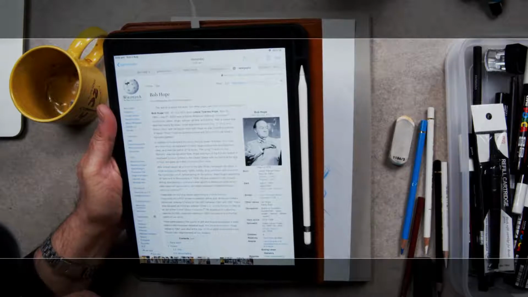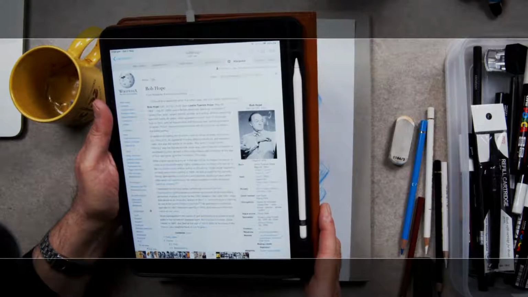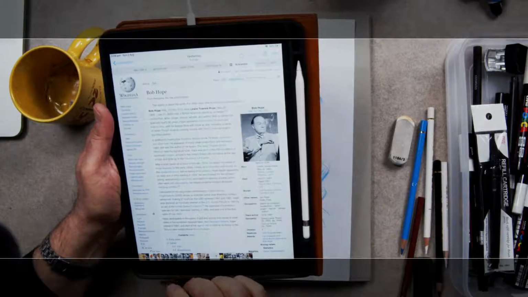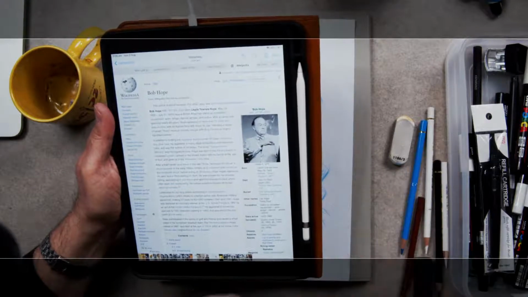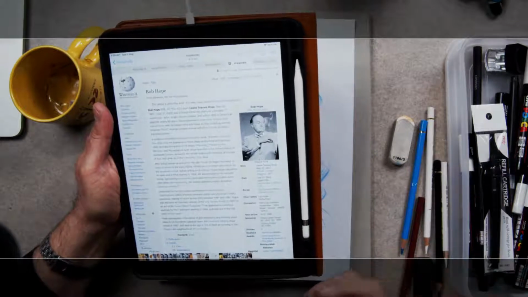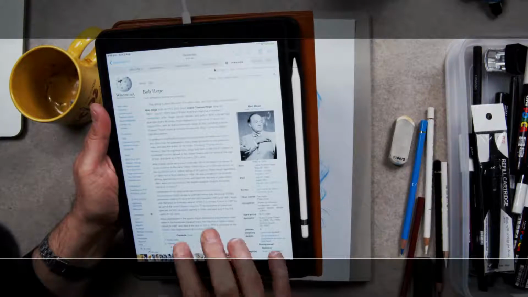He was born in England, and of course went to America, and that's where he made all of his films, some fantastic films. He started as a vaudevillian comedian, and then went on to Broadway, and then from Broadway went into the film business.